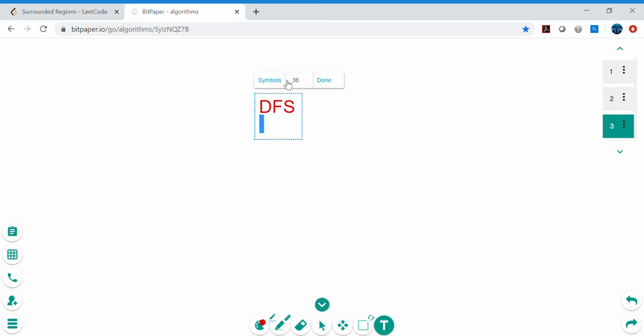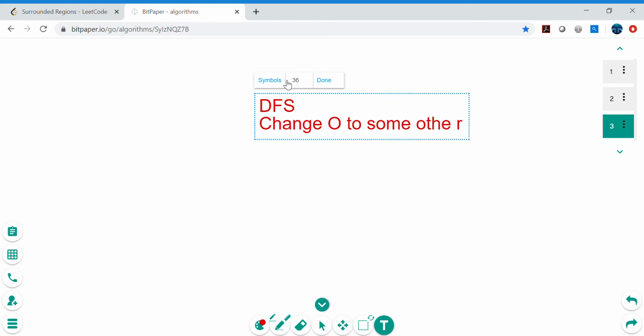Now what we will do is change X to, not X in fact, because we need to change O. So O to some other character, star or hash or something else.